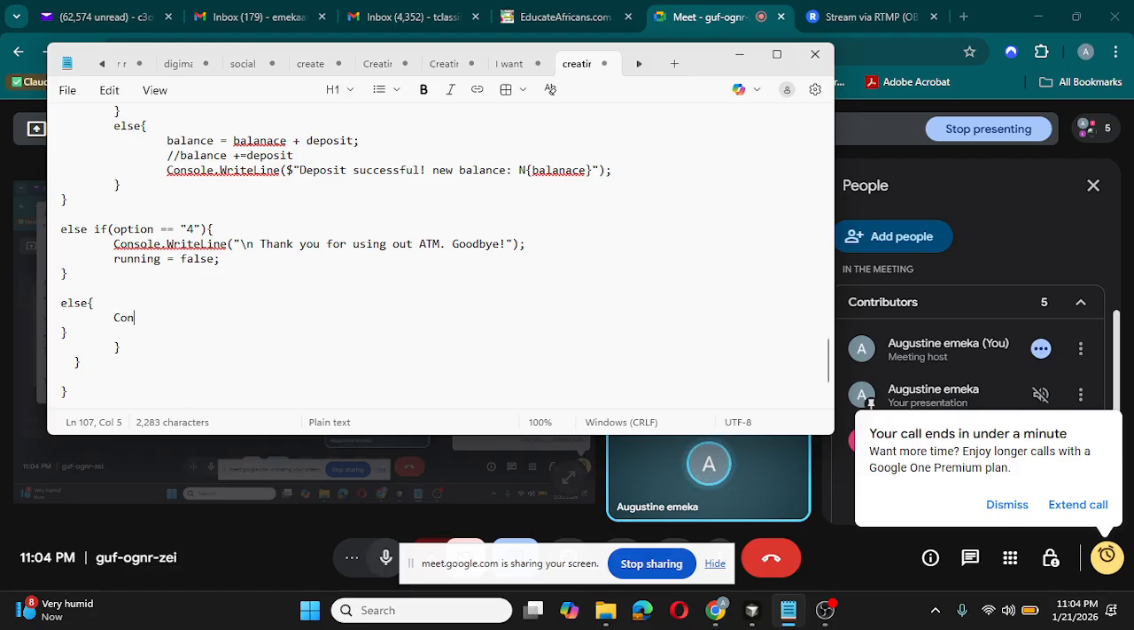So I'm going to simply say Console.WriteLine, then in brackets I'm going to simply say invalid option, and I'm going to ask him to please